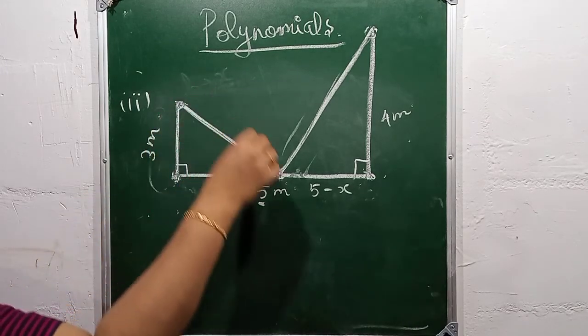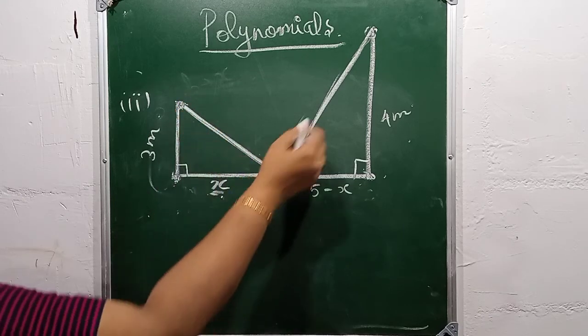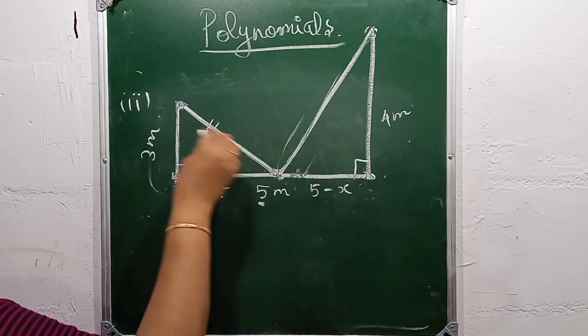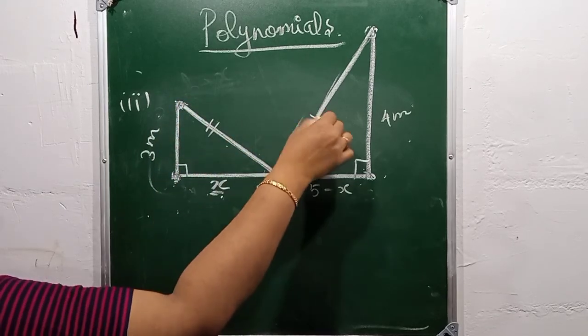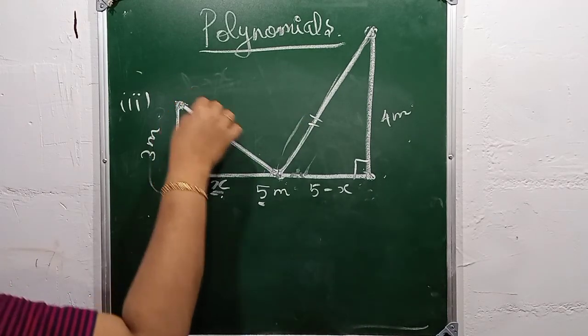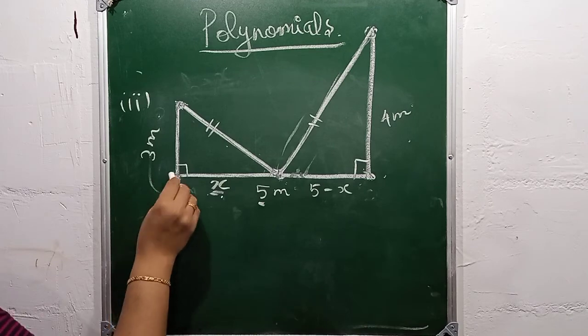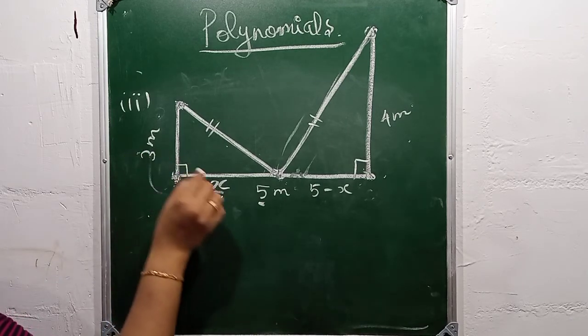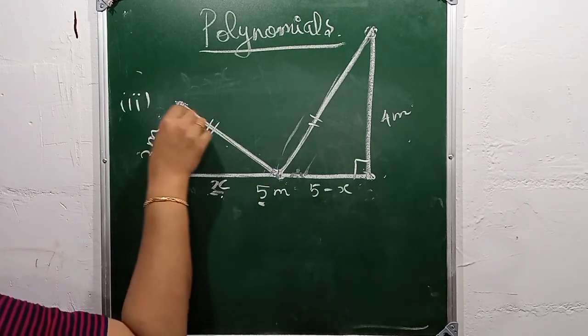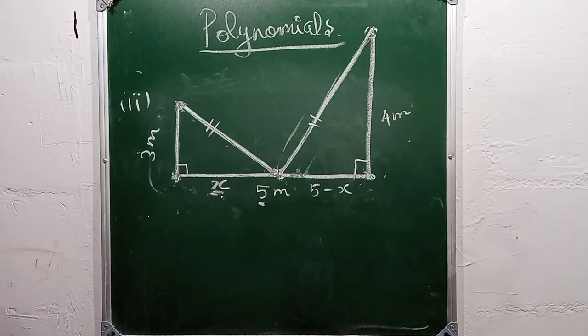How do we find the total length of the rope? This is one length of the rope and this one is the other length. That is, we need to find out the total length of this rope. And how do we connect the sides of the triangle and the rope? The ropes are the hypotenuse of the triangle, right?